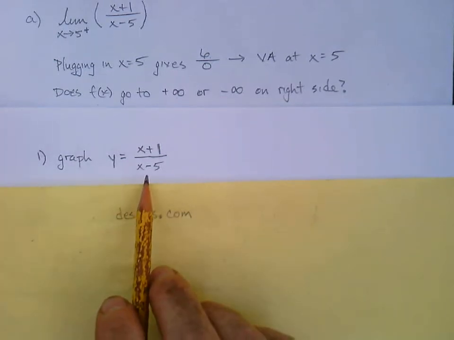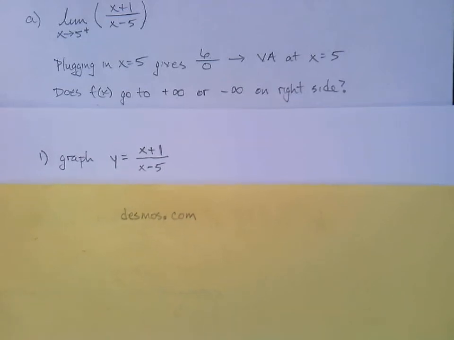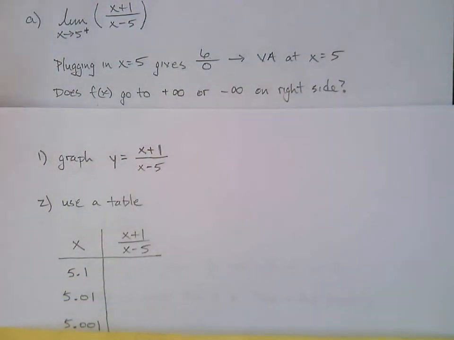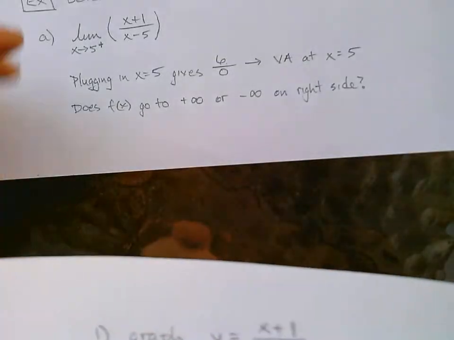Here's a good option. Just graph that function, right? If you do that, then you'll get an answer, and that's a great way to figure it out. But there is another way to do it without graphing, and that's our table. In this case, using a table is not a last resort. It's actually a really good option if you are not able to view the graph. So here I've got our table. I'm just going to go ahead and do this with the table in this style for this one. So let me get this previous paper out of the way at this point.